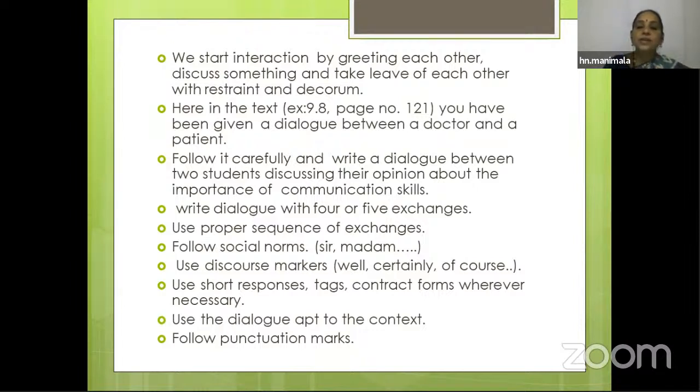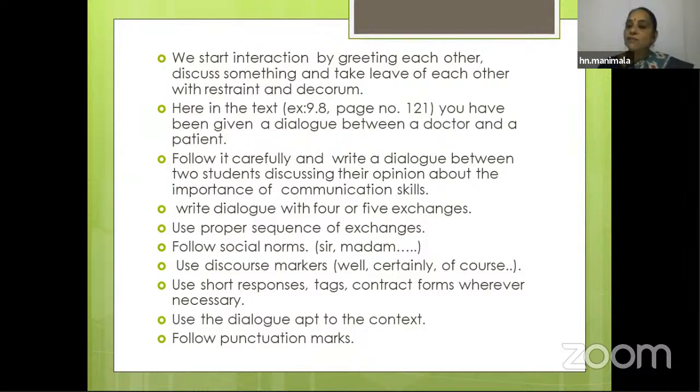Now here, how will they start? First of all, suppose they greet each other, so you have to create the situation. That is the creativity. Suppose after the exam, a student says, how are you, I think your brother has got a job there? No, no, he did not. Why not? Because he lost in the last round. What is the reason? She said he is not good at communication skills, that's why he lost it. Oh, right, you said it, communication skills are really important for us, we should learn. Okay, from now on I will pay attention. Now itself I'll pay attention, I don't want to face that kind of problem, she may say. Like this they can take.